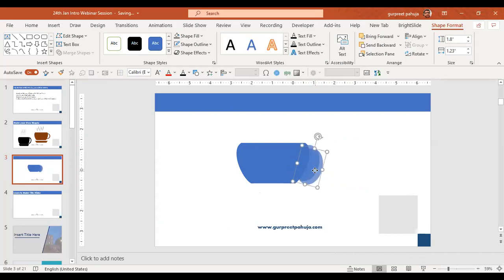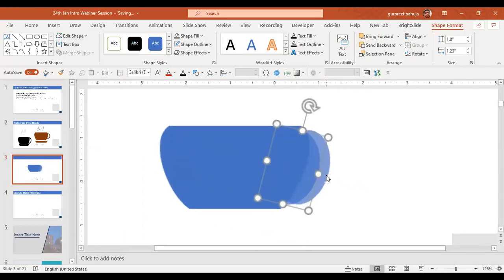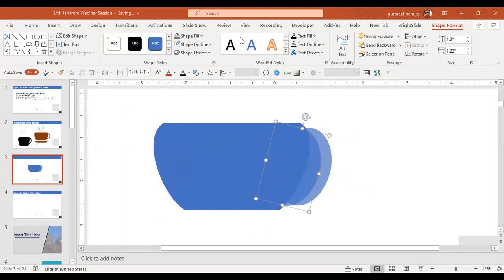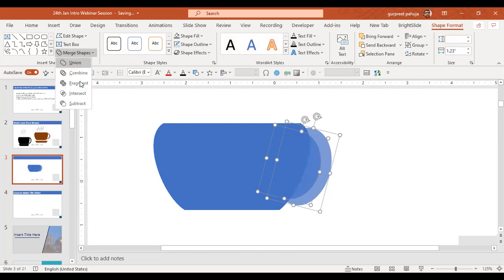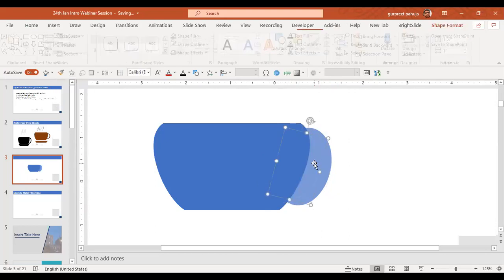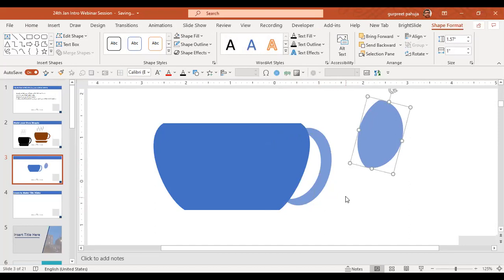I will do Control D. I will select both of them, go to merge shape and do fragment. So I'll take this out and it's a beautiful cup.